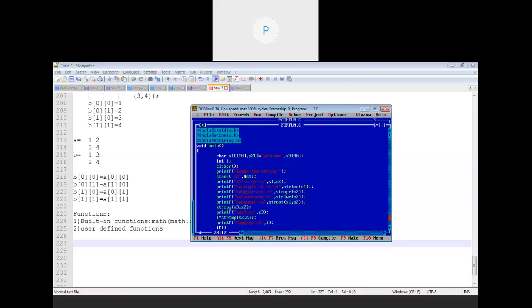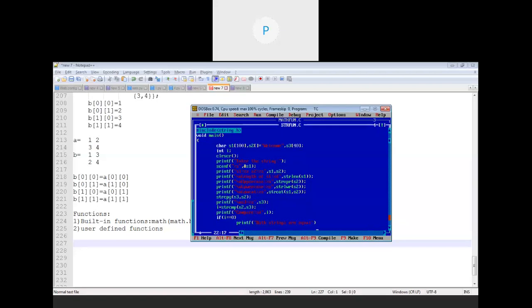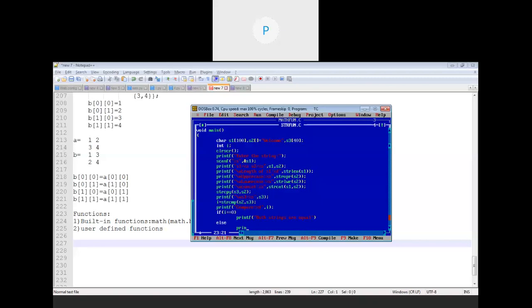Then check if I is exactly equal to 0, then I will say printf both strings are same or equal. Else I will print the statement as they are not equal. Done.